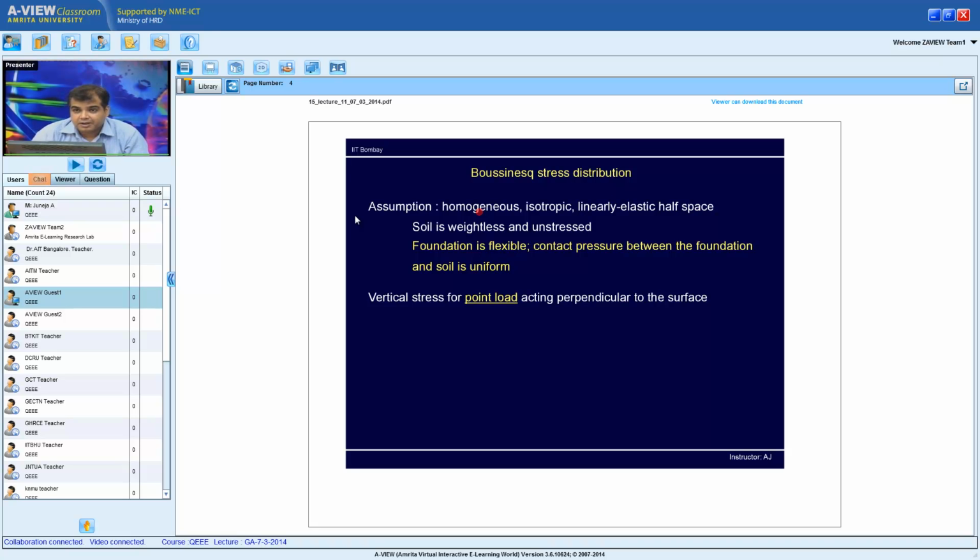So if you're not very familiar with this, I request you to refer to a textbook. A commonly used textbook is by Timoshenko. It's interesting to look at theory of elasticity. So in this case, we use Boussinesq's theory. So Boussinesq's stress distribution, there are a few assumptions, and I would like you to look at,